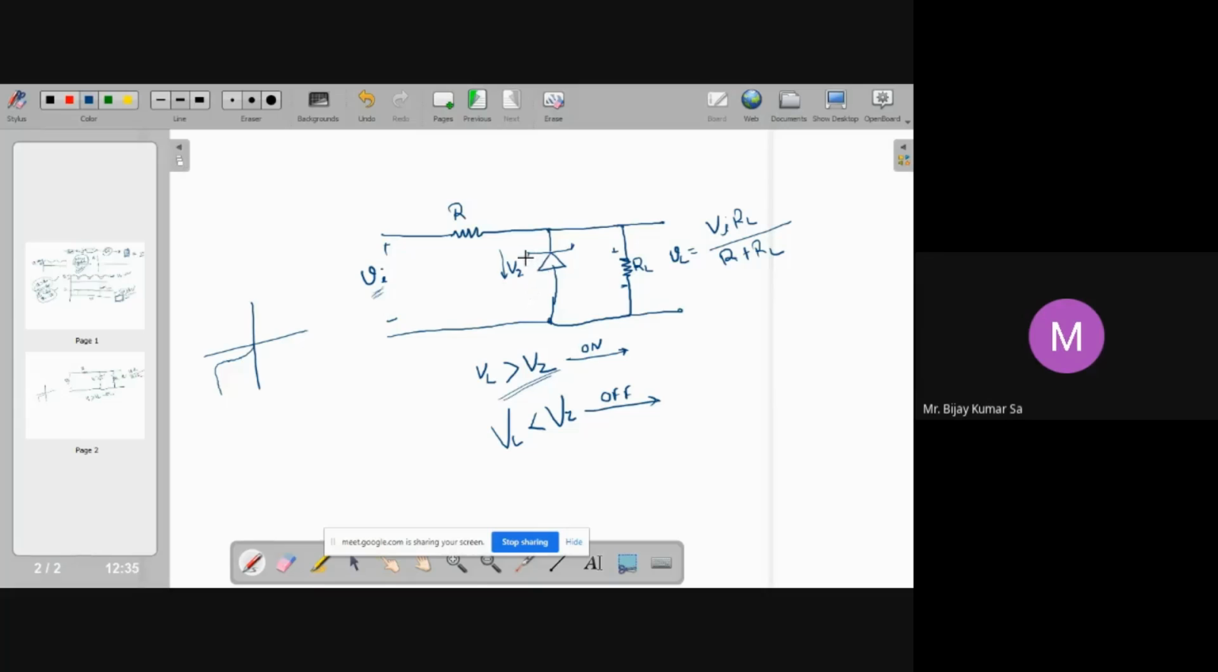If VL is less than VZ, the zener diode is off. That means no current can flow through it in this direction. There is no current in this direction. So in this very case, the zener diode can be replaced by open circuit. Okay, if VL is less than VZ, the zener diode can be replaced by open circuit, and in that case,